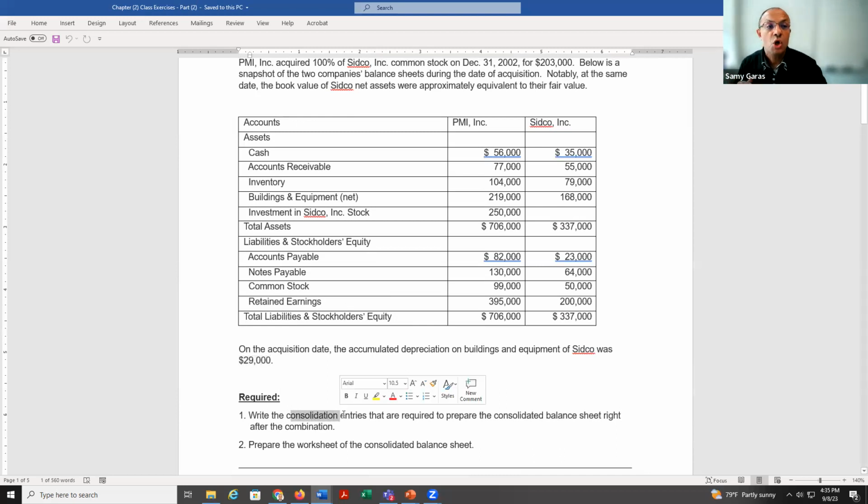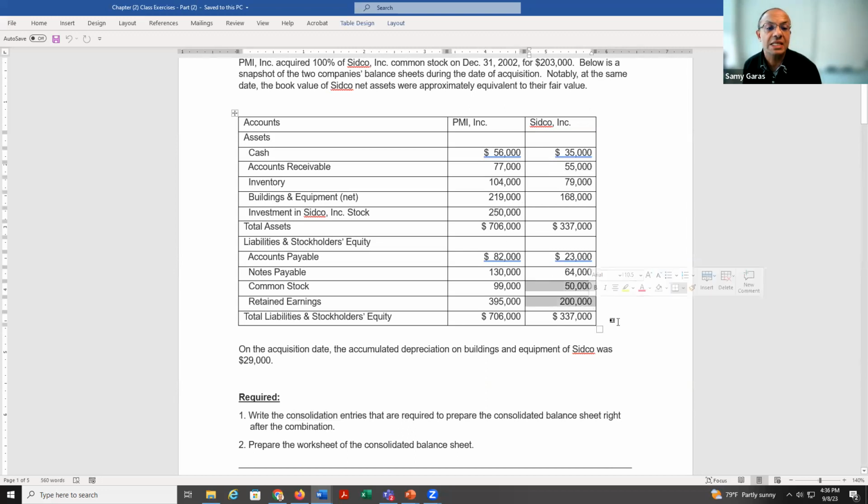What does it mean? We close the accumulated depreciation in the fixed asset account. In the previous classes of accounting, we used to say debit depreciation expense, credit accumulated depreciation. But in the consolidation entry, we say debit accumulated depreciation, credit the asset, building and equipment. The second thing, we need to close off this account, investment, 250, with the common stock and the retained earnings